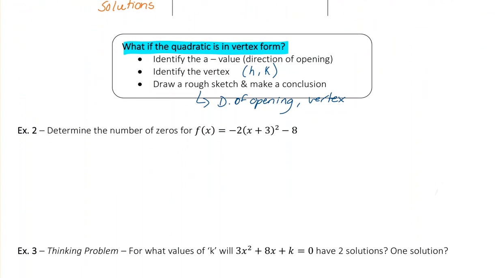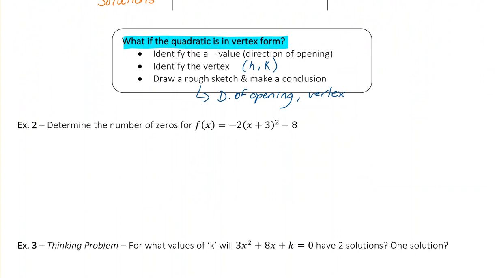Okay, so for this example, determine the number of zeros for f of x is equal to negative 2 times (x plus 3) squared minus 8. So we know this is vertex form. Our a value here is negative 2. What does that mean? Well, it opens down. We've looked at that a number of times in this unit. Our vertex here is our h and our k values, which are 3 and negative 8. Remembering that the h value, the x value of a vertex, is always opposite, so this becomes negative 3 and negative